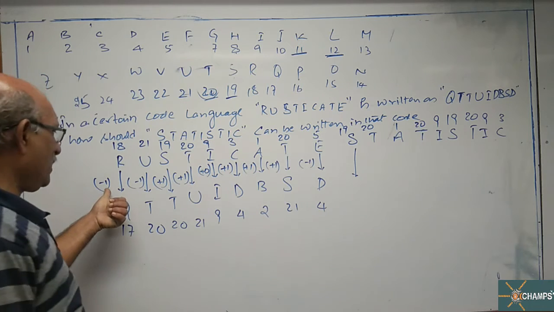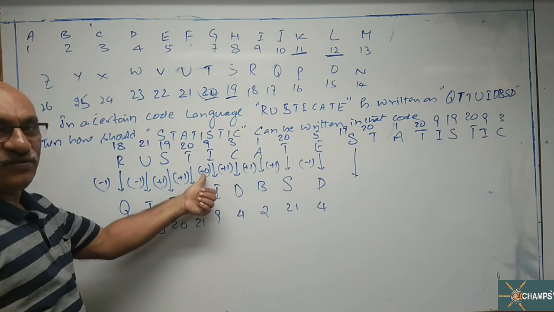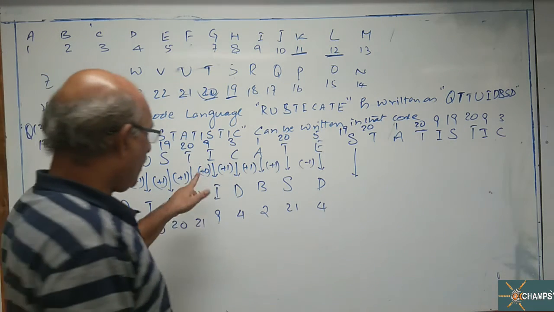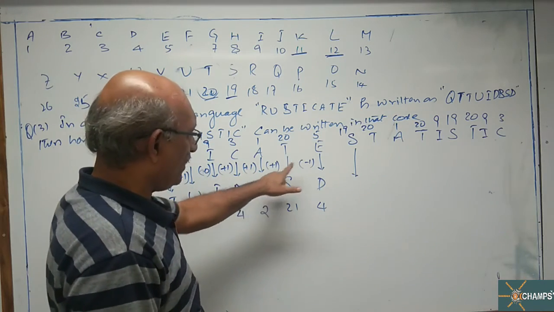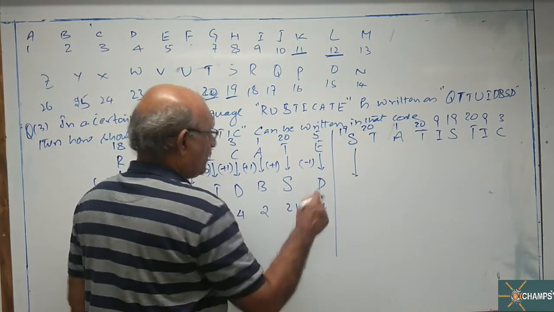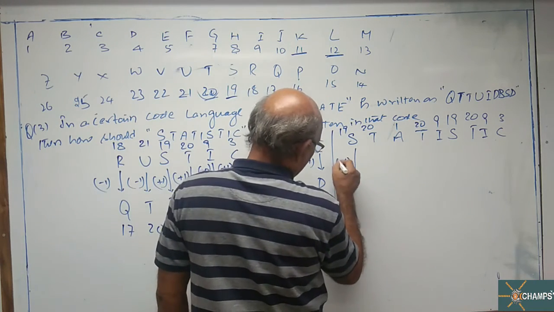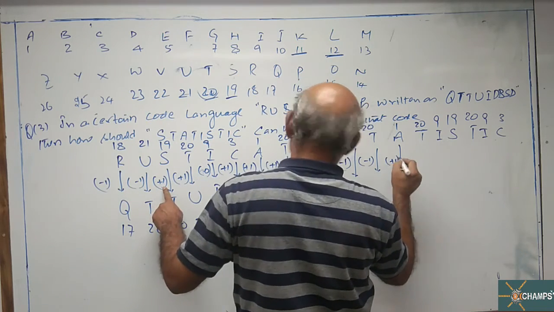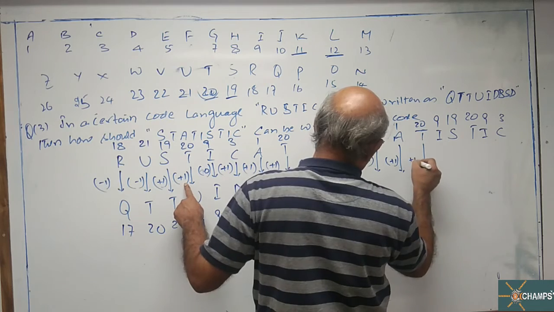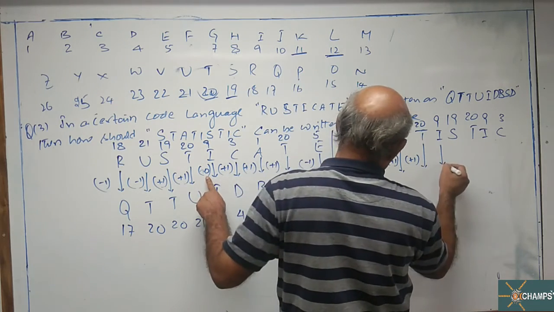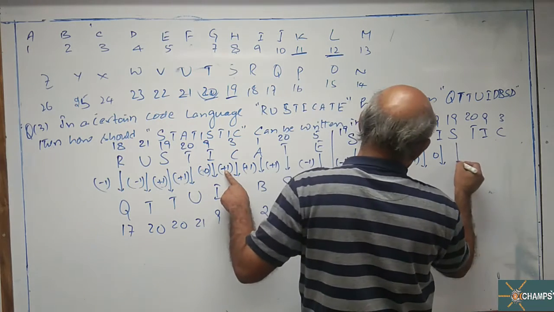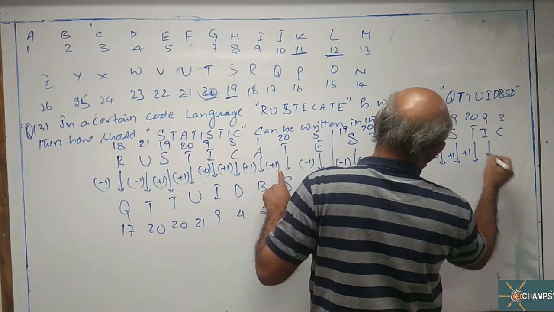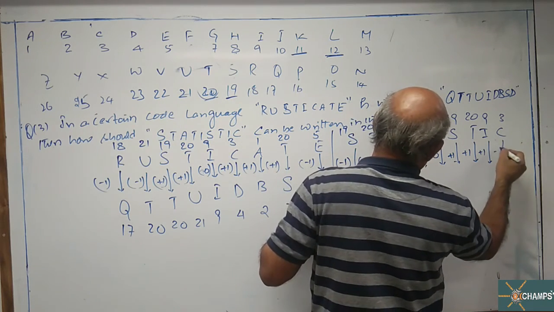Now, sir, what is the pattern of decoding? First 2 minus, next 2 plus, followed by 0. First 2 minus 1, minus 1, next 2 plus 1, plus 1, followed by 0, plus 1, plus 1, plus 1, minus 1. So this is minus 1, this is minus 1, here it is plus 1, here it is plus 1, this is 0, no change at all, then it is plus 1, then plus 1, then plus 1, then it is minus 1.